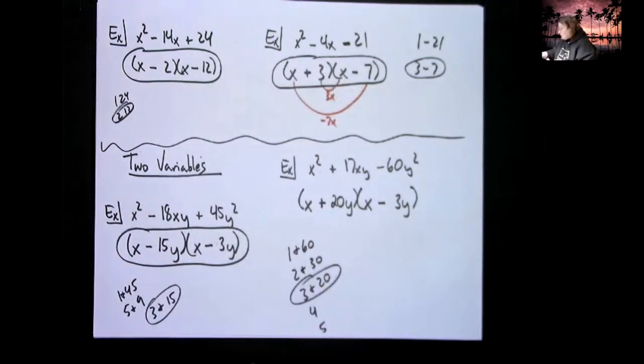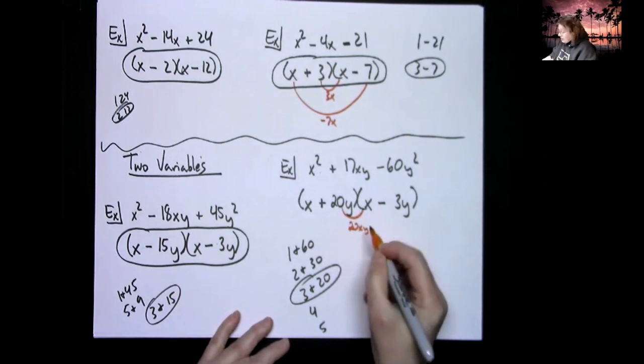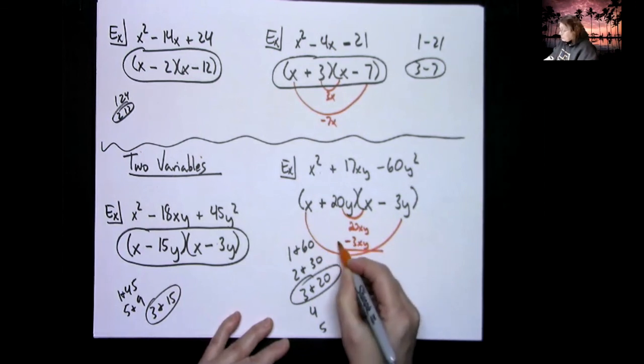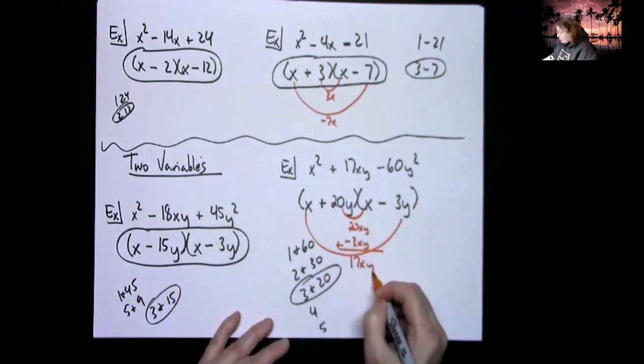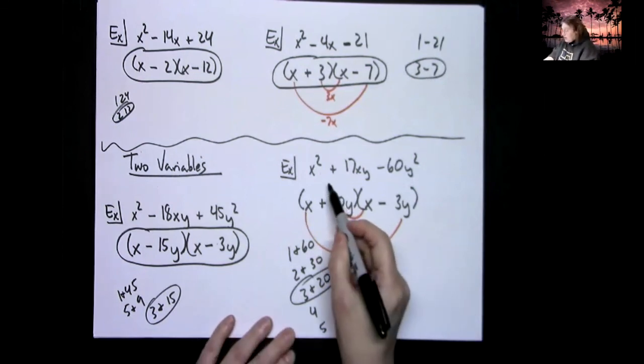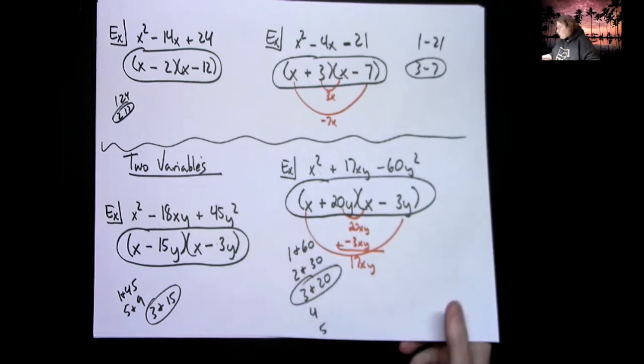That would give me, if I wanted to check here a little bit, if I multiply there, I would have a 20xy. If I multiplied here, I would have a negative 3xy. Those are like terms. When I add them, I get the positive xy. All right, so obviously I don't do all that. You do most of that check in your head. Okay, so we okay with two variables? All right, these are very, very beginning factoring trinomials, very easy problems here. All right, so what I would like to do